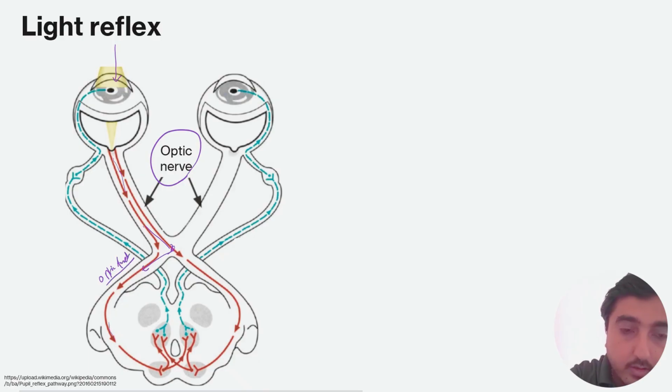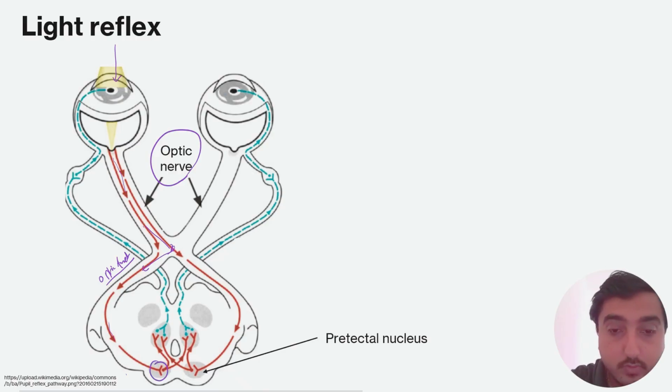and then instead of going to the visual cortex, which usually happens when we are seeing something, in case of the light reflex, it bypasses this visual cortex circuit. It rather goes directly to the midbrain where the pretectal nuclei are located. So this one over here is the pretectal nucleus. Once in the pretectal nucleus, it synapses with the second order neurons, and the neurons cross bilaterally into the Edinger-Westphal nucleus,